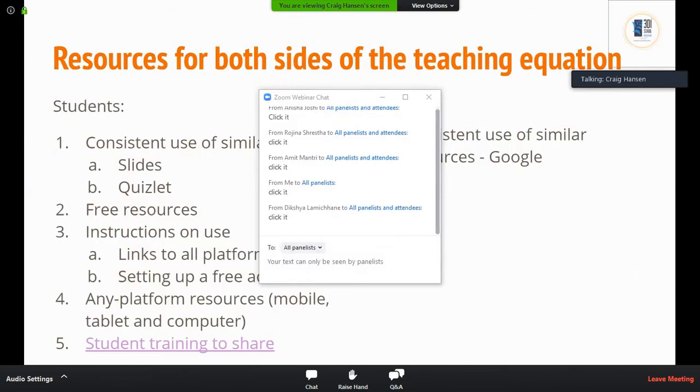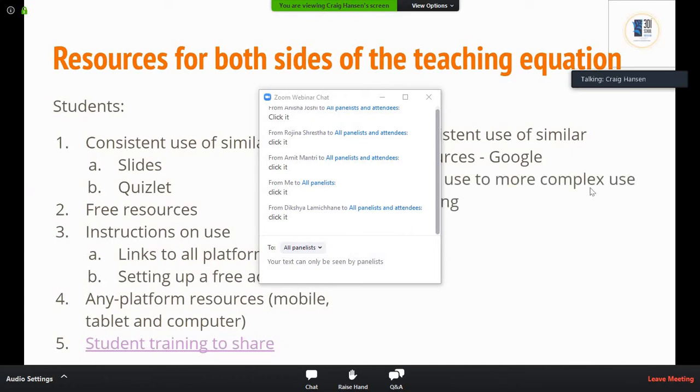Most schools, if not every school teacher, will have a Google account, a Gmail account. If you don't have a Gmail account, you'll need to set one up for free so that we're all using simple, consistent, free resources. If your school is a Google school, fantastic, amazing. But you can just set up a free Gmail account.